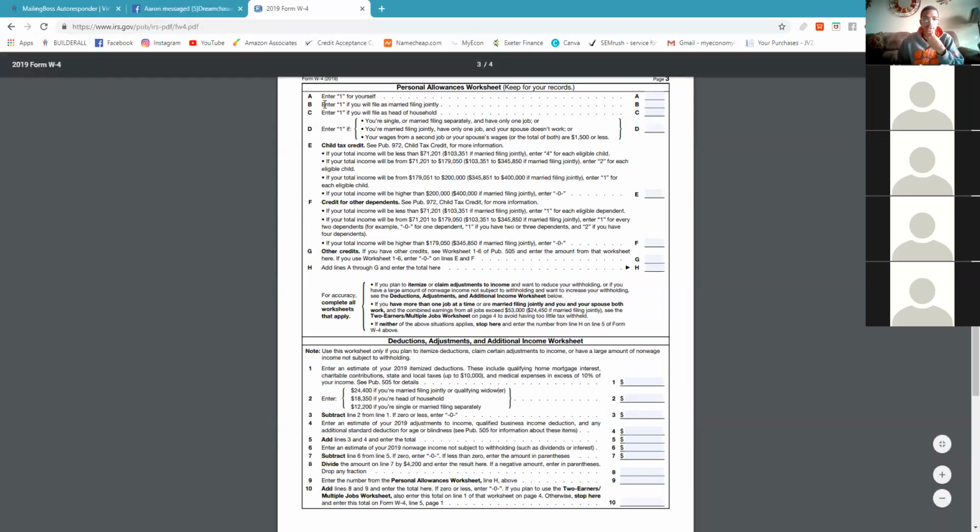As you can see right here, on the top line you're going to put a number one for yourself. And number B is going to have you enter another one if you file as married, filing jointly, when you go to file for your taxes at the beginning of the year. And letter C would be, put a one if you are filing as head of household,